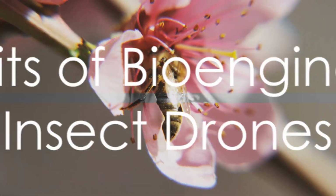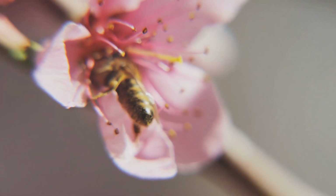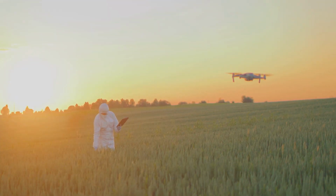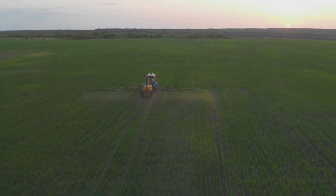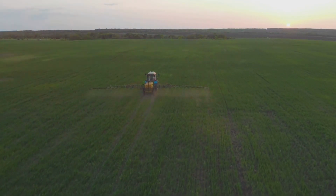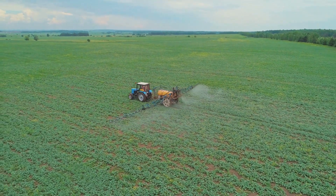The benefits of these drones are manifold. They can significantly improve pollination rates, ensuring efficient and widespread pollination. This could lead to enhanced crop yields, a much-needed boon for agricultural productivity. On the pest control front, their precision targeting mechanisms can effectively manage pest populations, reducing crop damage and the need for harmful chemicals. This could not only lower farming costs, but also decrease the environmental impact associated with traditional pest